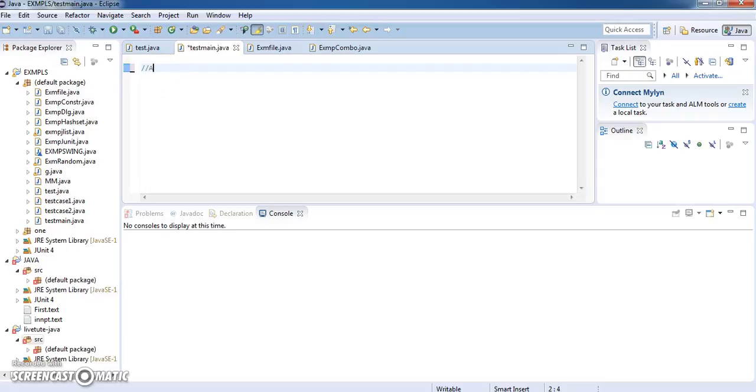Now in this session we will be discussing arrays. So the first question that will come to our mind is, what is an array? So what is the array? The definition says